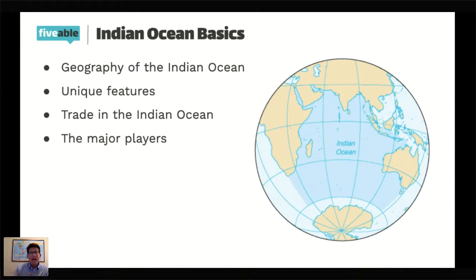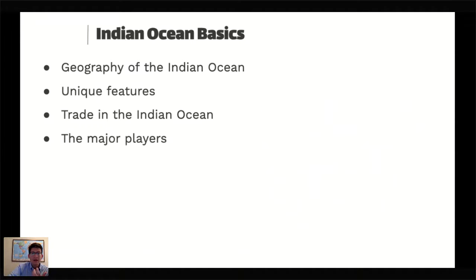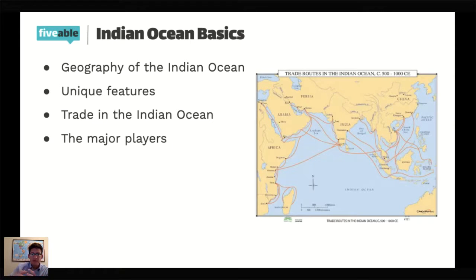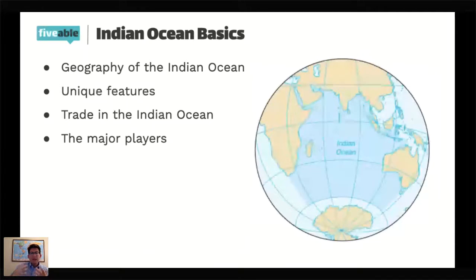It is navigable, and as people learn to navigate this ocean, not just hugging the coastlines to move from place to place, they learn to go out into the ocean and use what is probably the most unique feature. That is learning about the environmental conditions, the monsoon winds or the monsoon seasons. So the Indian Ocean and trade in it is very closely tied to these winds.